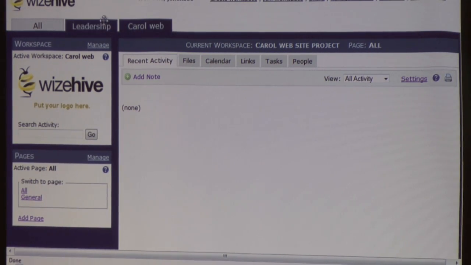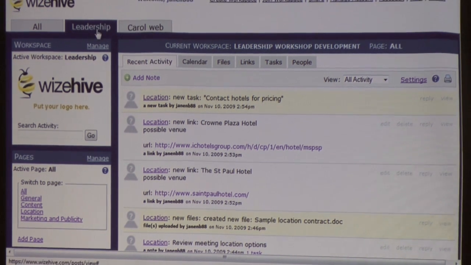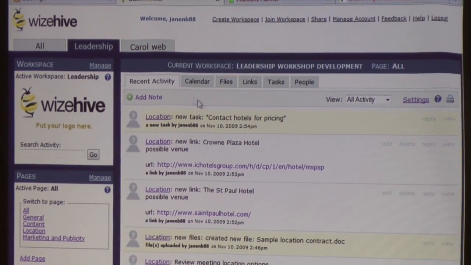I can manage each one of these projects independently. And then there's also an ability to kind of see the big picture. What are all of my to-dos? This tool will allow you to do that quite nicely. So for the leadership development class that I am creating,